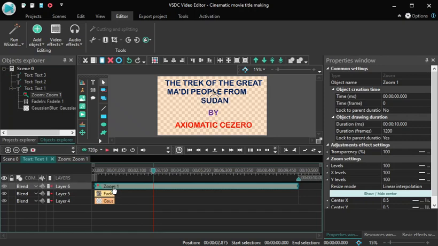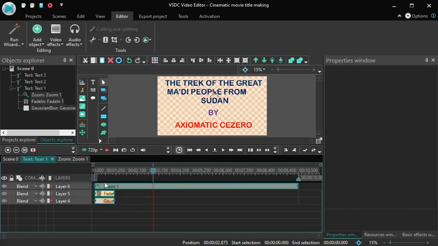So these three, we're going to add all of them also to the first object, which appears in blue. The second text object is in purple or violet, and then the third text object is in red. So I'm going to select all these three effects, and then after that